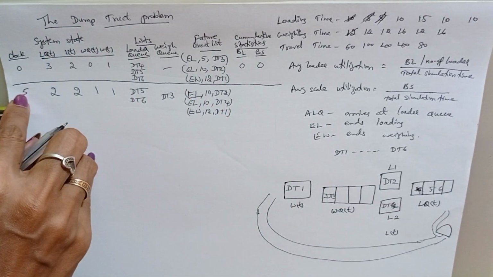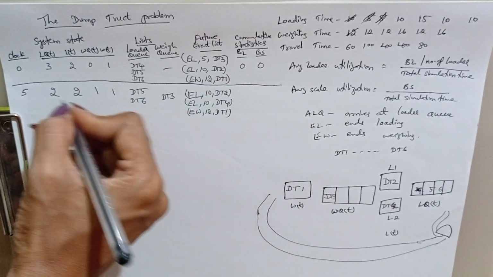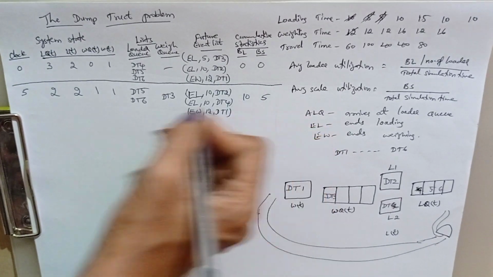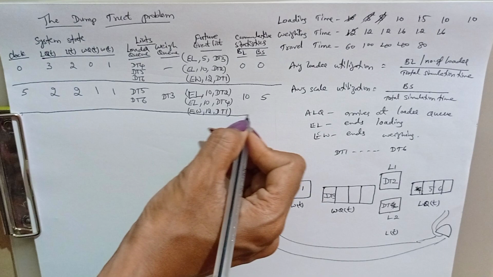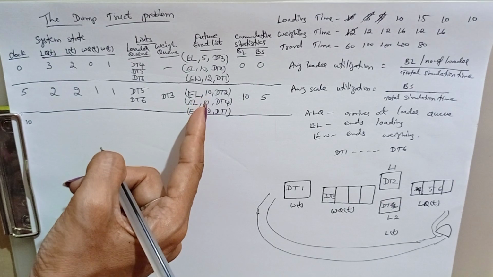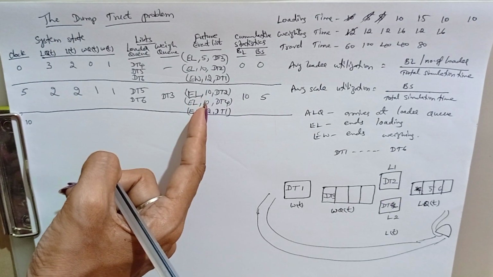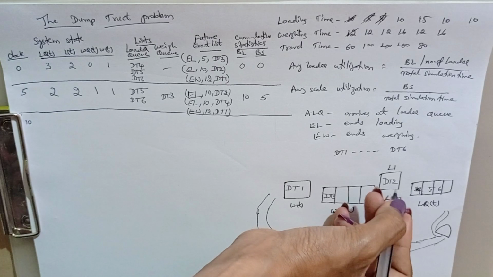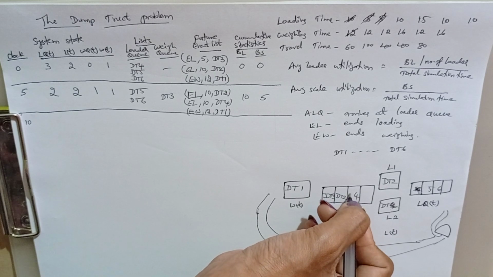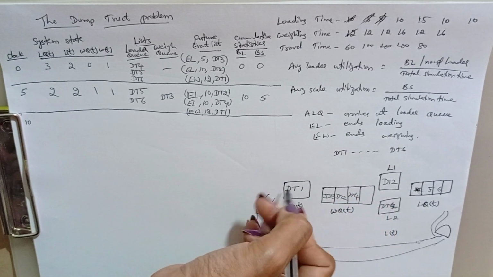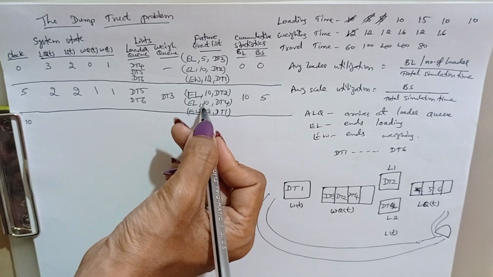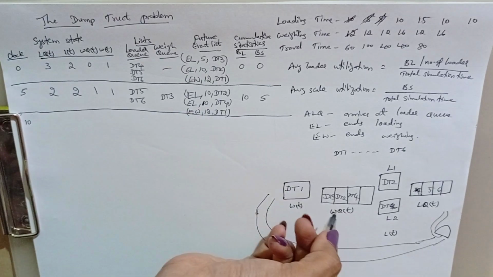So, from 0 to 5, 5 minutes, totally 2 loaders busy, 2 into 5, 10, and 1 scale, 1 into 5, 5. Next statistics, that is next imminent event is 10. So, advance the clock to 10 and remove these 2 trucks on loading, that is truck 2 coming to queue, as well truck 4 also entering into the queue, because this weigh bridge is busy up to 12 minutes. So, these 2 will wait in a queue.